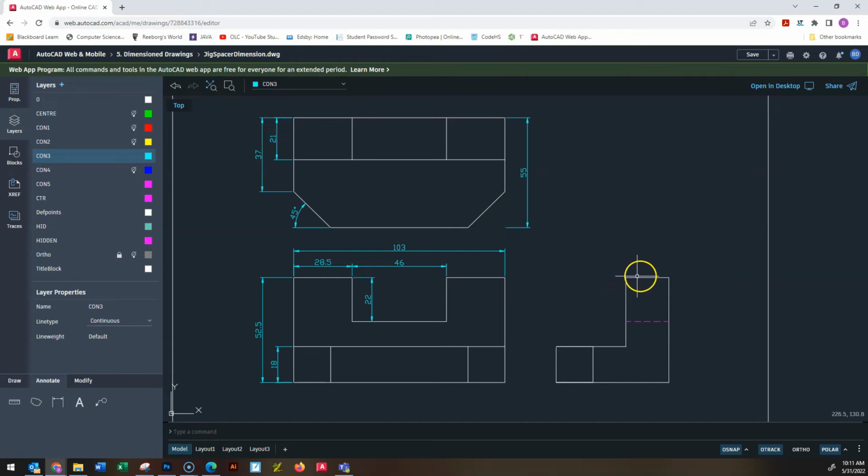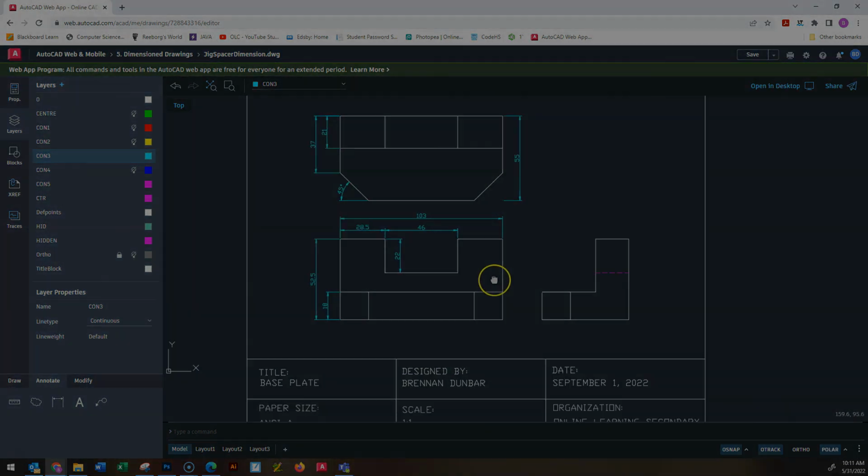We don't have anything on our end view. You notice this length right here is that length right there. So you got to kind of double check at the end, make sure you didn't accidentally include more than you needed to. This measurement here is 55. You've got that right there. And generally speaking, between these two, you can get most of the dimensions out of the way. And if you find it's a bit cluttered, you can bring some of them over to the end view. Just make sure you're not dimensioning hidden lines, unless there's a very specific reason